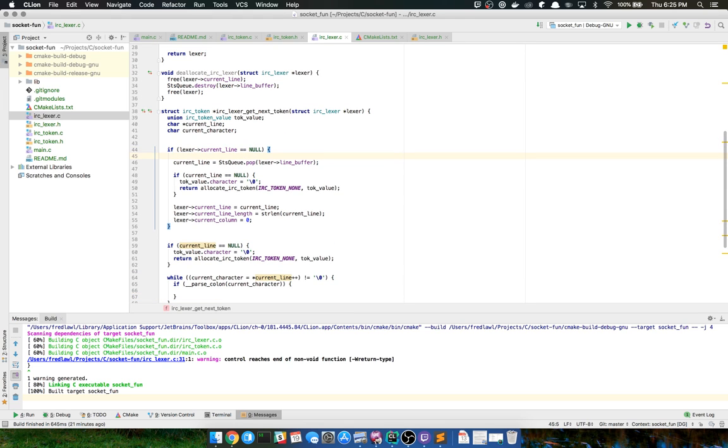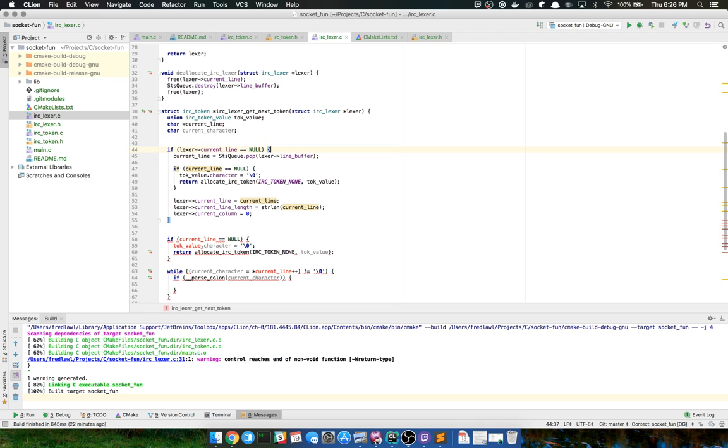But what I need to do here, though, is before I need to free the current line. Ooh, which was already set to null. Might have some floating memories about.